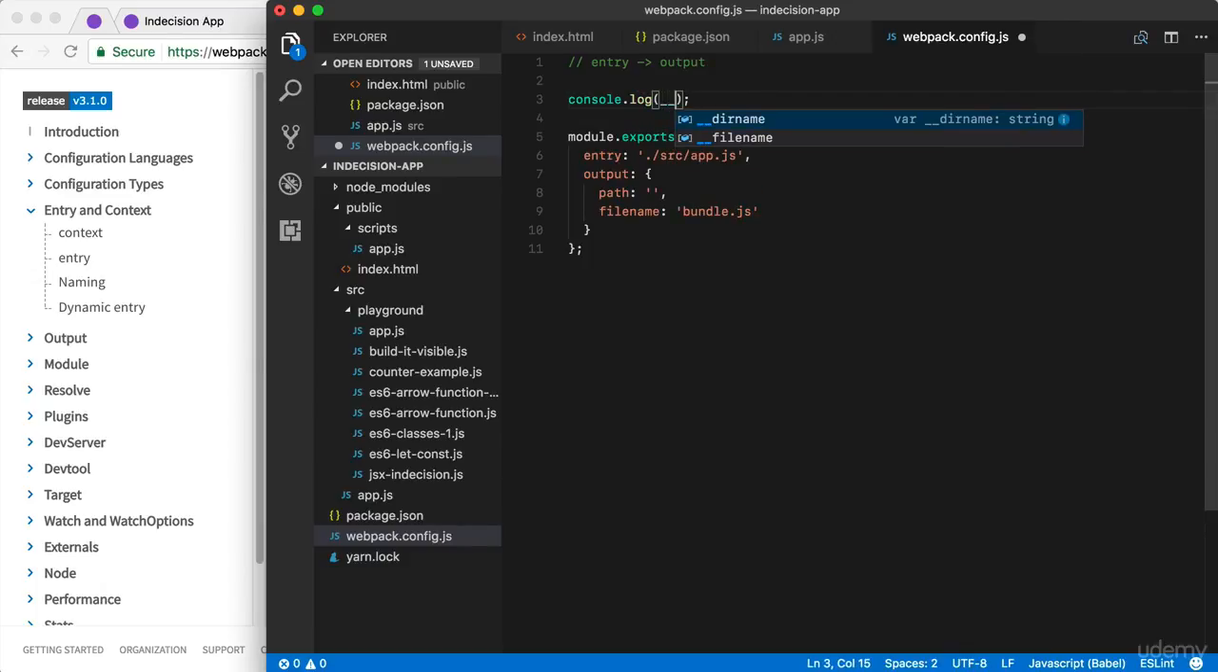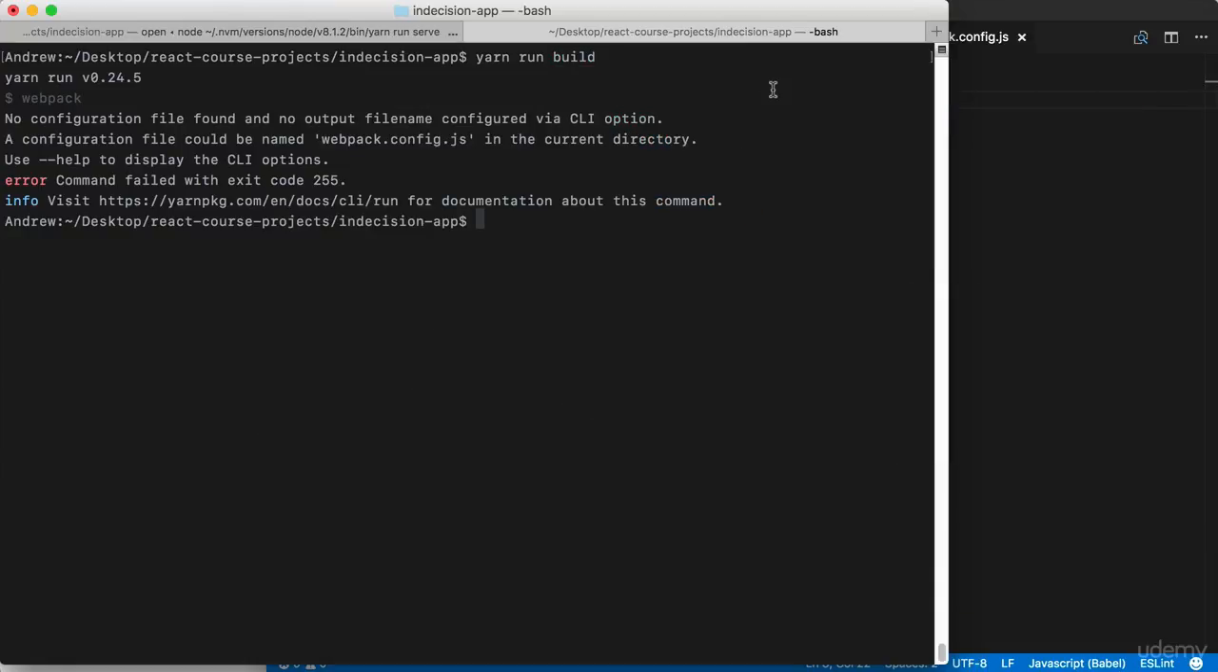It is __dirname, and it contains the path to the current location. So for us, it will contain the path to the Indecision app project folder. We can go ahead and print this out to the screen by just running this file through Node. Over in the terminal, that's going to be node space followed by the file name,